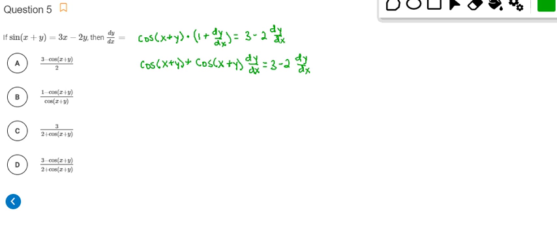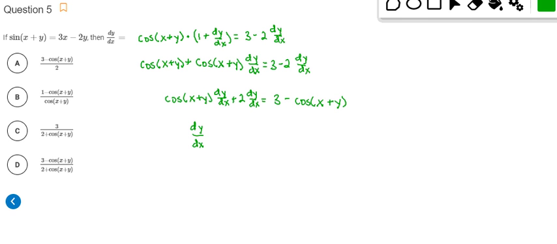That'll give us cosine x plus y dy dx plus 2 dy dx equals 3 minus cosine x plus y. And now we can see over here, we can factor out that dy dx, get it by